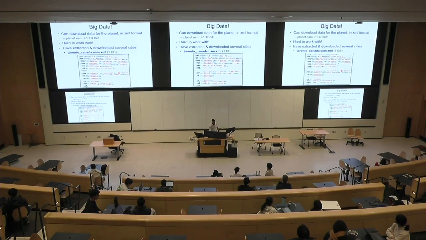Another entity is a way, and it also has an ID. It has a tag telling us that this way is a highway, part of a highway. But even for Toronto, Canada, the file size is 1 gigabyte. So we want to make it smaller